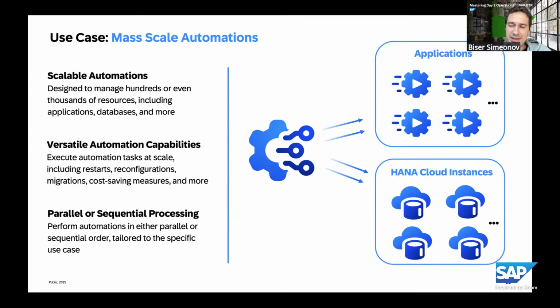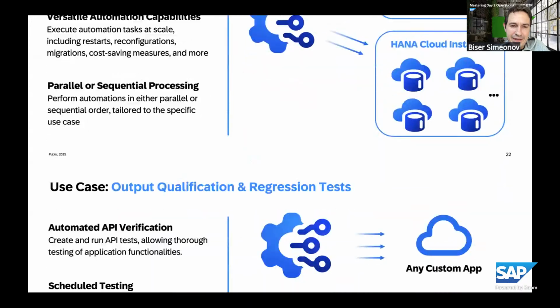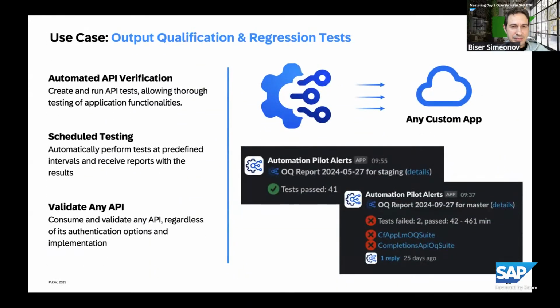Internally, our SAP internal team used the automation pilot to migrate hundreds and thousands of databases to the cloud at the same time. So it is used internally for that use case, and we didn't notice any issue in terms of performance and scalability so far with our product. Moving forward,